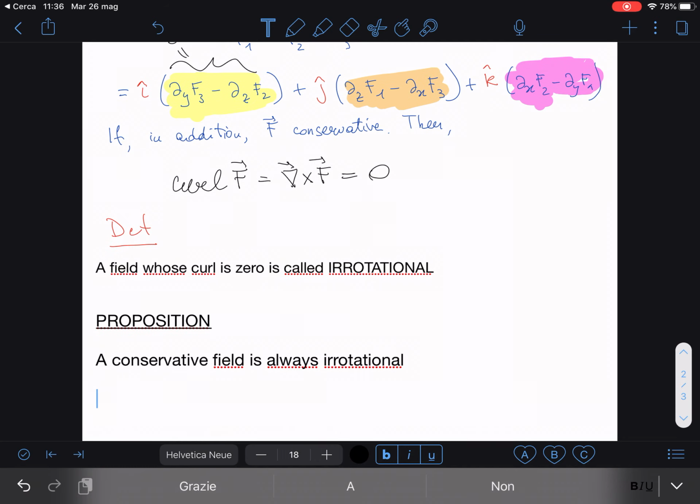And so this gives us a criterion of non-conservativity, and as a consequence,